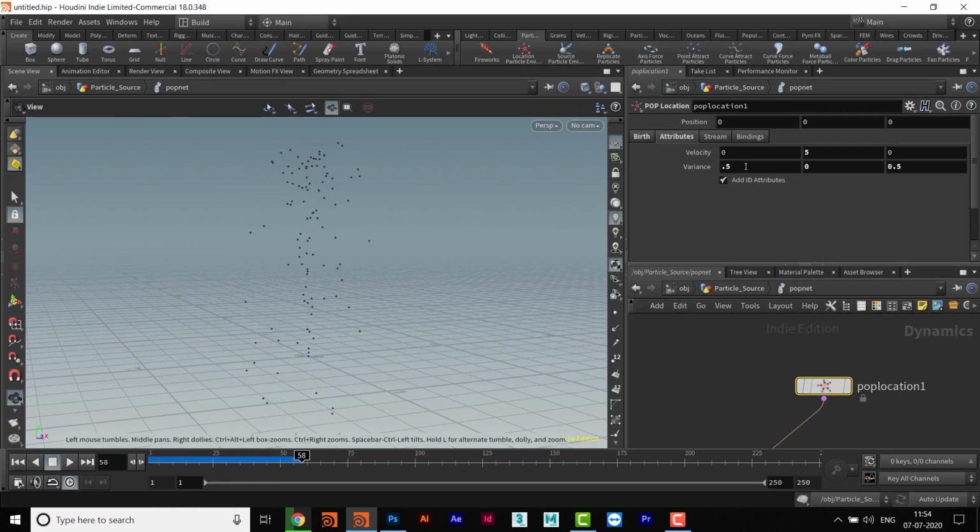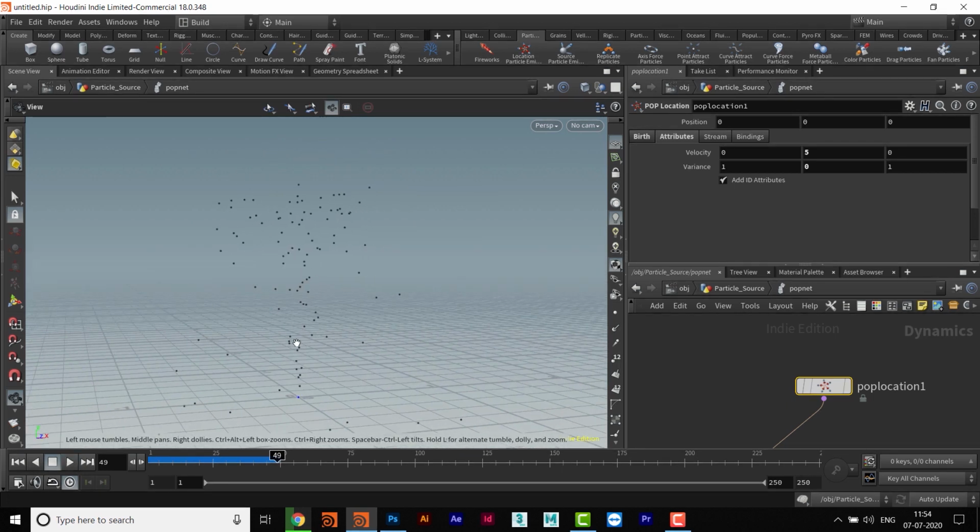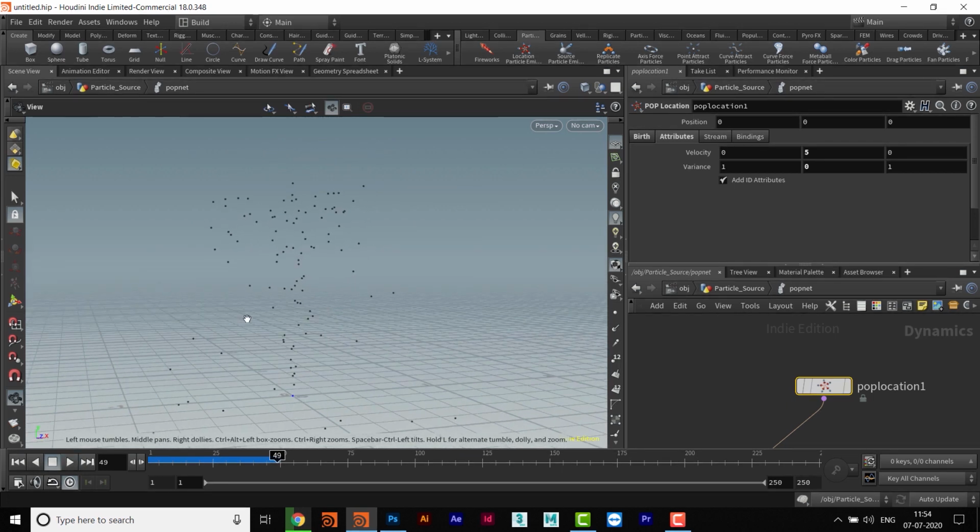variance like this, or we can make it 1 also, and then we can see some sort of variance. The particles are going up, but they are getting some variance velocity in the positive x and negative x and positive z and negative z.